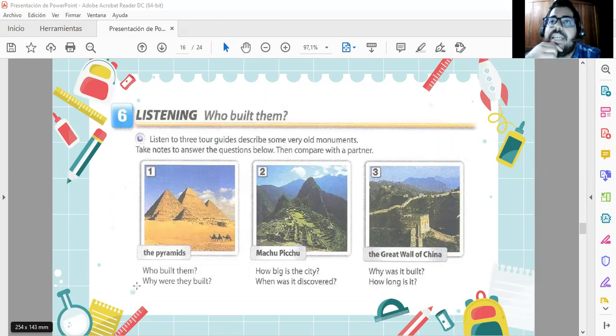You have to take notes about the second day, because it was discovered 2 times, guys. You're gonna see, okay? And in the last one, you're gonna be surprised about how high it is, okay? And about how long is it? Because think about in this moment. Do you have any idea about how long is the Great Wall of China and how high it is? Well, if you don't, you're gonna be surprised.